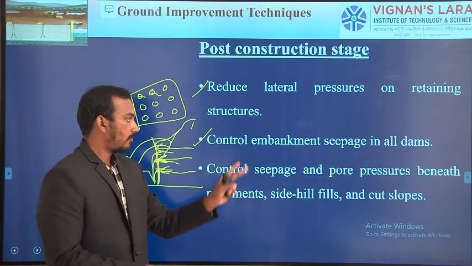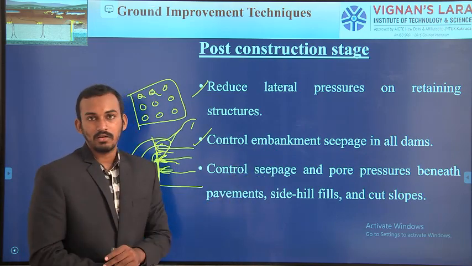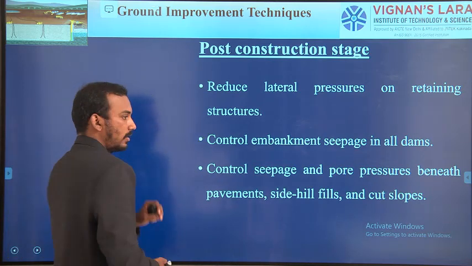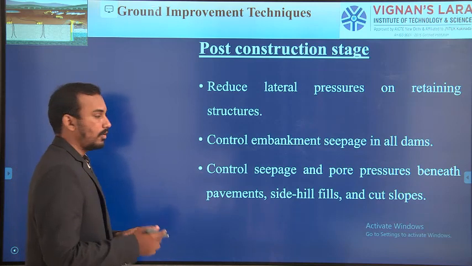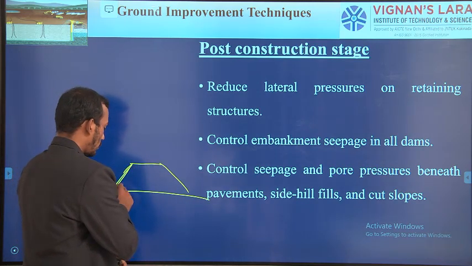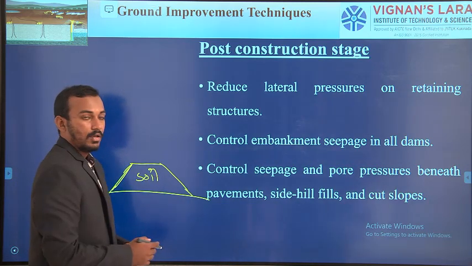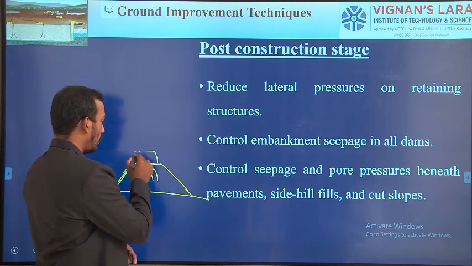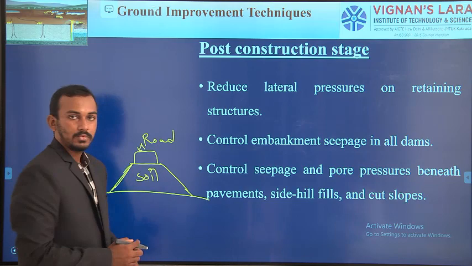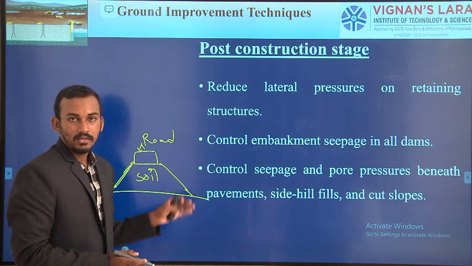In all dams. The first one is embankment. Embankment is generally used for the construction of roadways. Do you remember embankment and cutting? Embankment means, for example, we construct a slope surface like this with the soil. Over this embankment we are going to lay our road network. Okay, this is a road. To increase the level of the road, we construct an embankment with the soil.